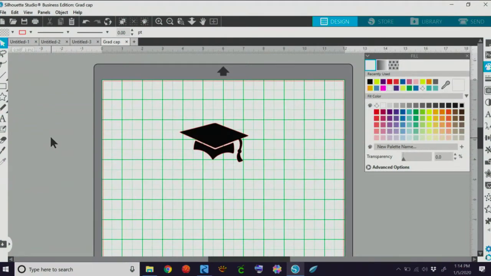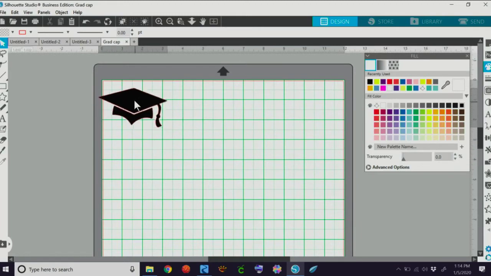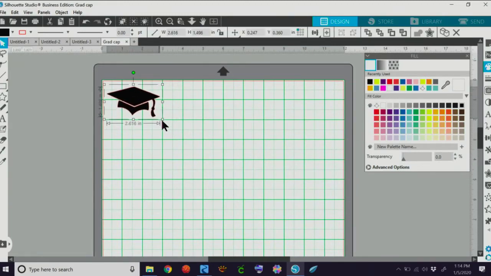Okay, so we're back to the software. And now we're just going to cut this. I'm going to take this and put it up into the corner, but I'm going to make it smaller. I don't need it really to be almost 4 inches. I'm just going to make it smaller. So this is ready to cut. And I find this to be pretty exciting because this is simple 1, 2, 3. You know, in a few clicks you have a simple design. Now that's not to mean